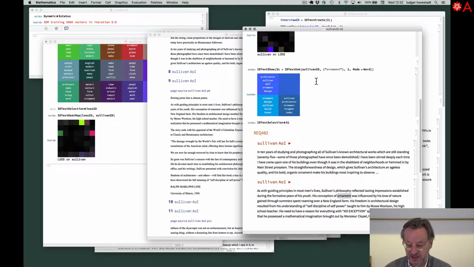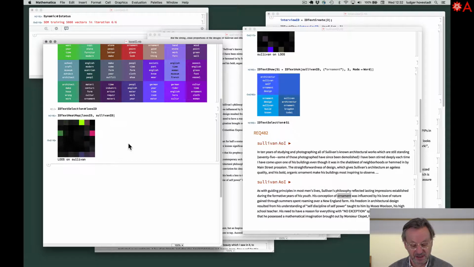So Sullivan is not using the concept of ornament, which is interesting and complicated. Because Lewis is using the ornament, he's offending it, and he's trying to criticize it and turning it around. So what can we do? The next step would be, for example, to ask about this slogan form follows function dedicated to